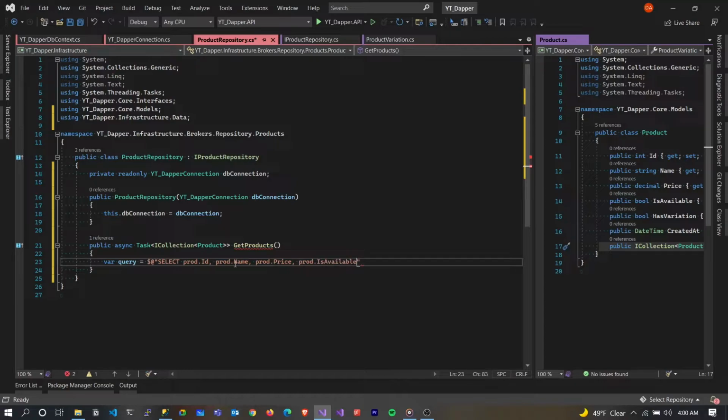Product dot is available. Product dot has variation. Product dot created at. Yeah, so that's basically all that we are selecting. And we are going to be selecting all this